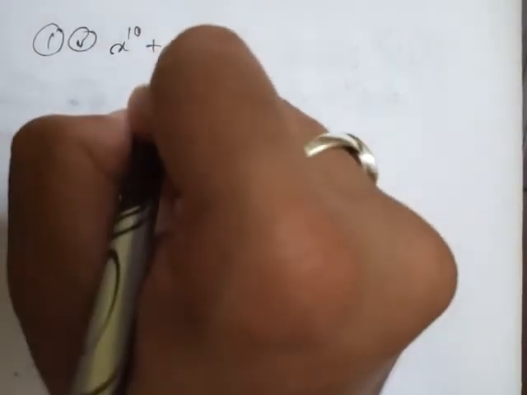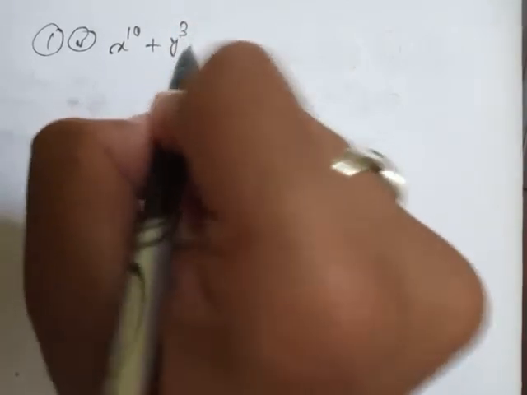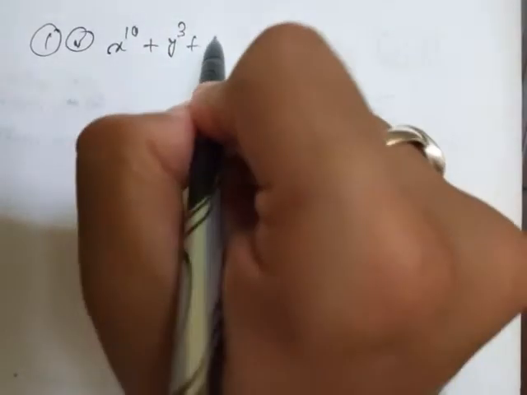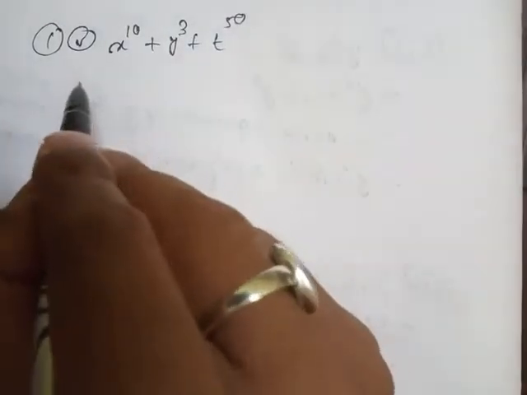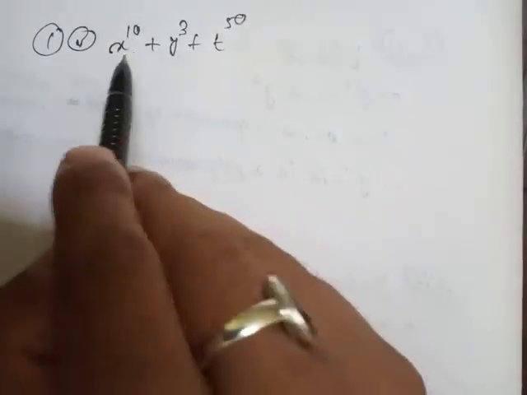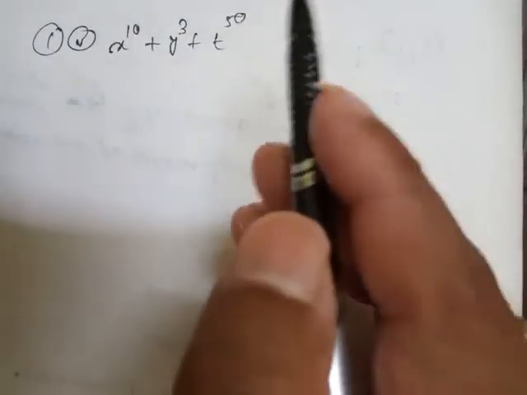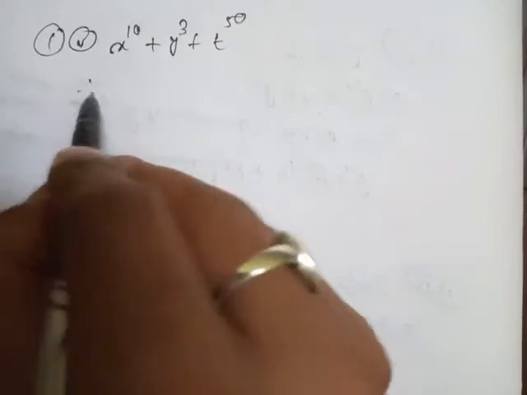1 Roman 5. So x to the power 10 plus y to the power 3, means y cube, plus t to the power 50. So here we can say that, look, there is x, y and t, there are 3 variables, not one variable. So exponents show, so we can write there, therefore